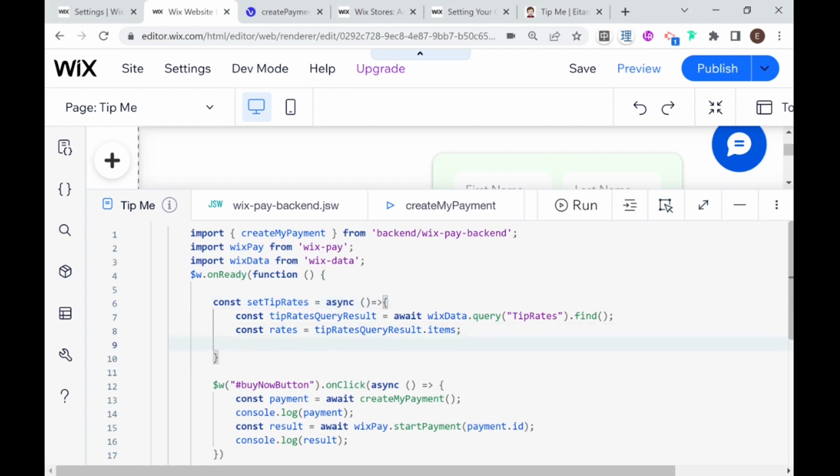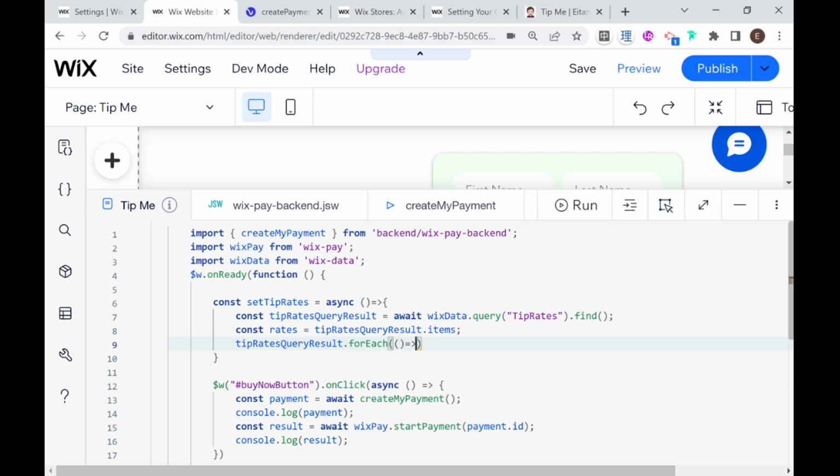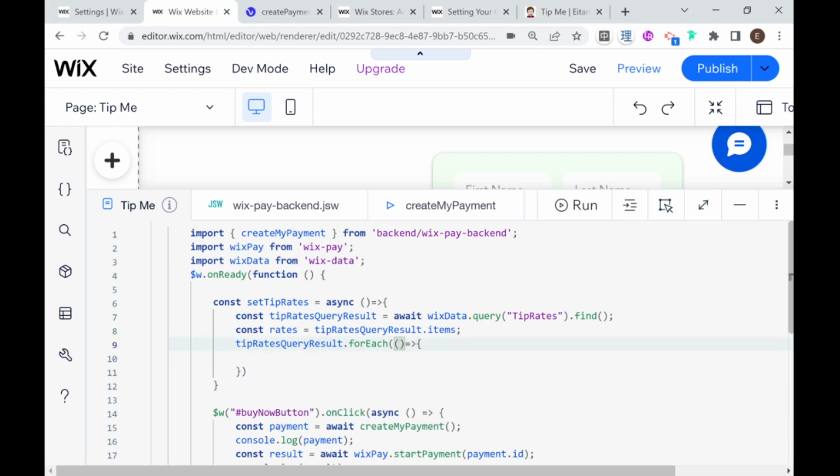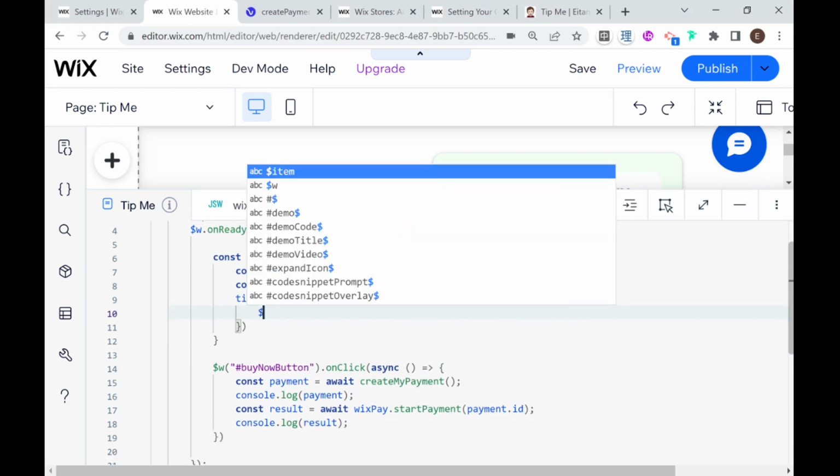So I'm going to say tipRateQueryResult.forEach, and we'll say here rate in the callback function as a parameter. And then we're going to do a few things. So we're going to say that the